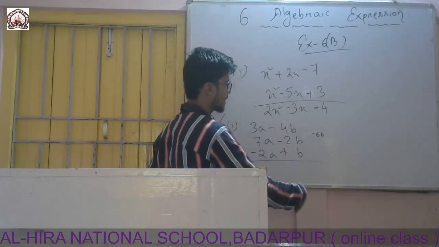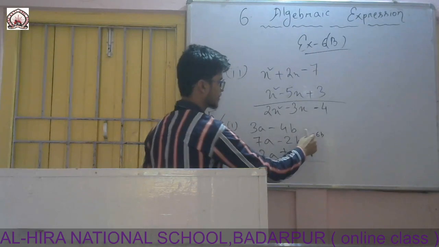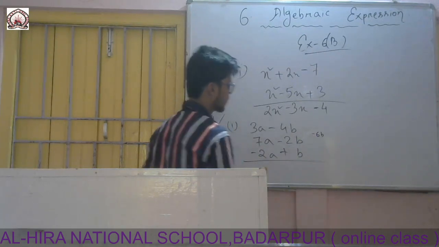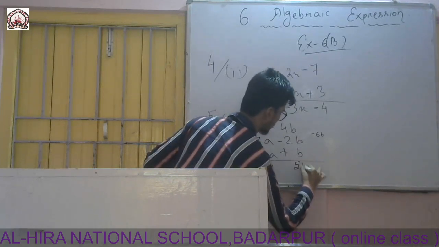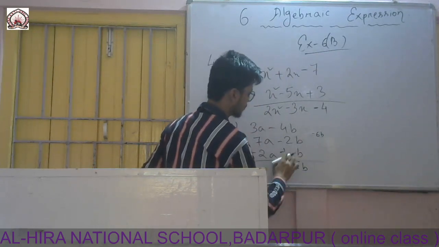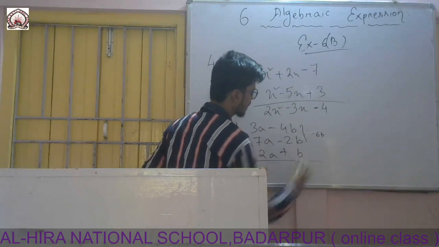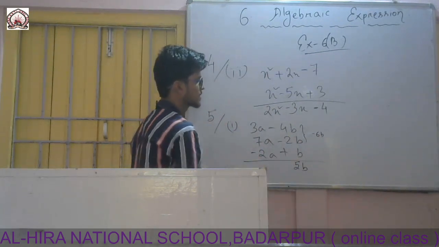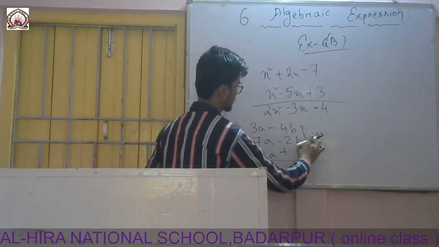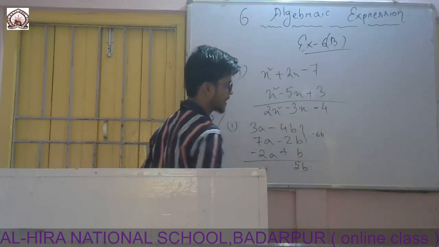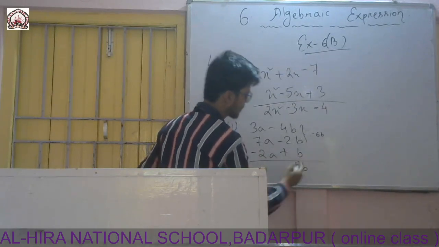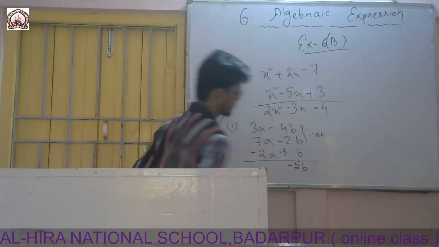If you can calculate directly, you can write it, or else you can do it like this. Minus plus, it is minus. 6 minus 1 is 5b. And which one is greater, minus or plus sign? Minus. First of all I did these two terms: minus minus, it is plus. 4 plus 2, it is 6. 4 is greater, so minus 6. Again minus plus, it is minus. And 6 minus 1 is 5. Which one is greater? 6. So I will put the negative sign.